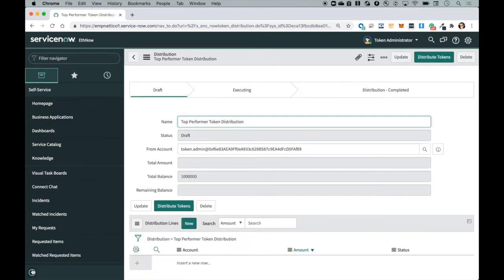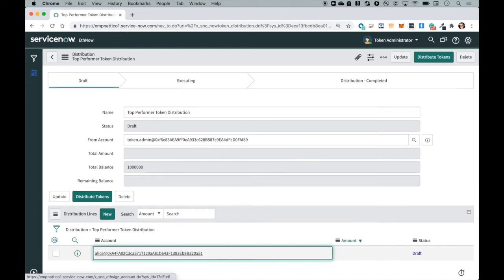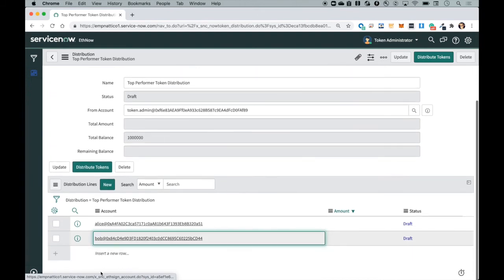And let's say that we want to distribute the token to Alice, Bob, and Carol.